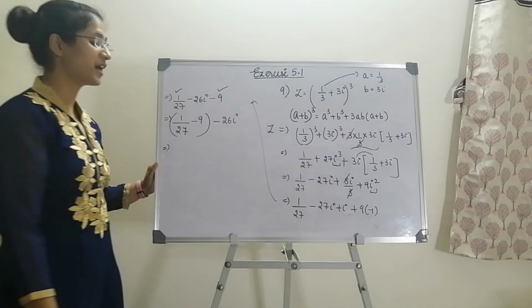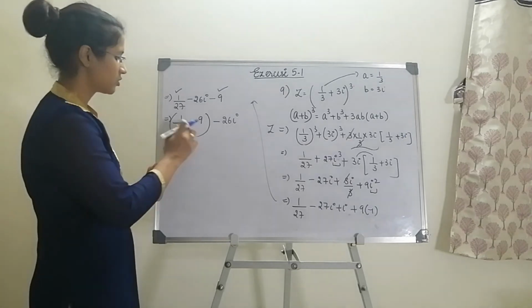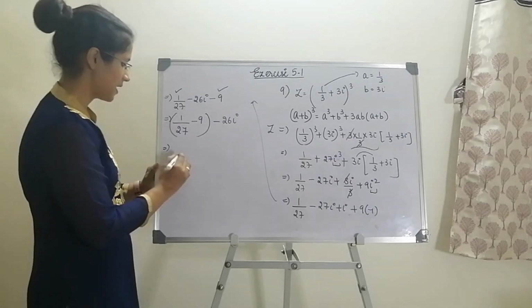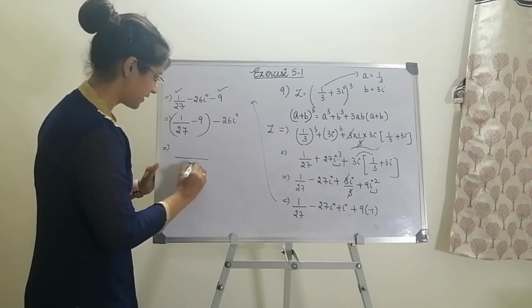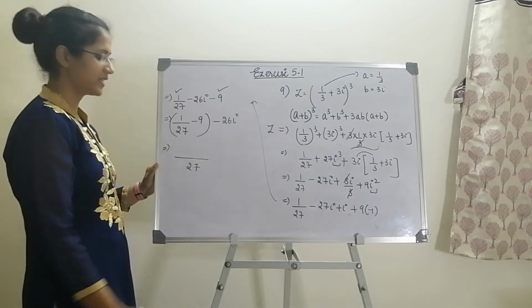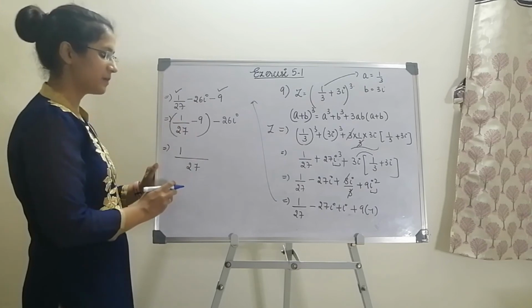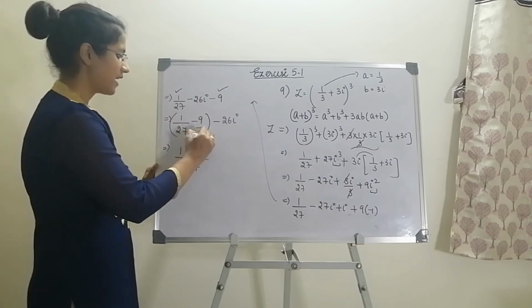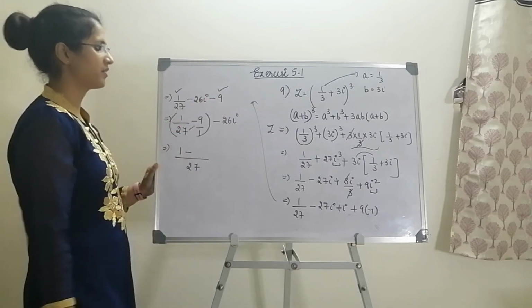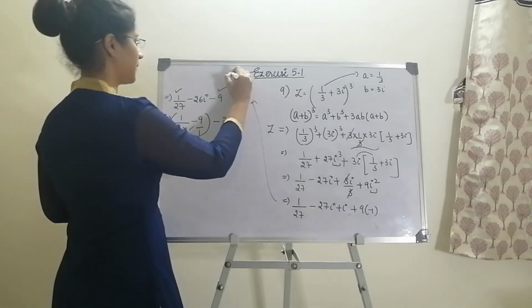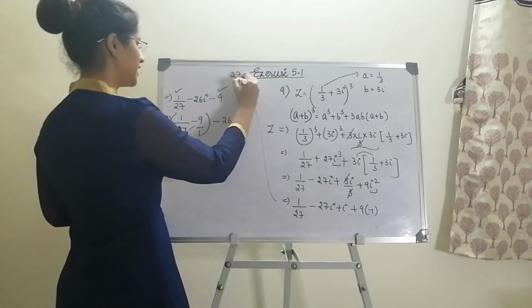Now what should I do, my dear learners? I have to find out my LCM. So how do I find out my LCM? My entire denominator should be 27. So my first value will be 1. Now what will I do? I will cross multiply it with 9. So when I cross multiply 27 into 9,